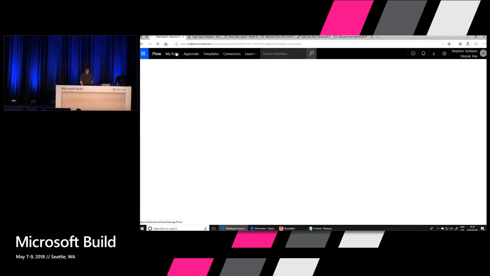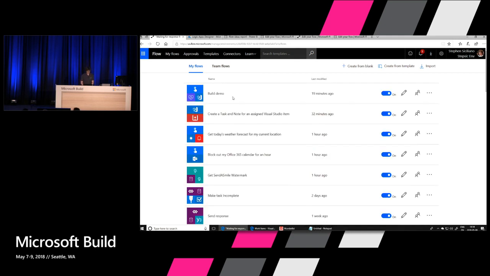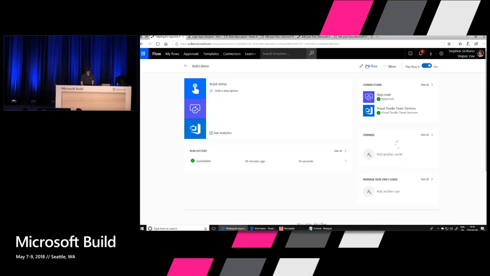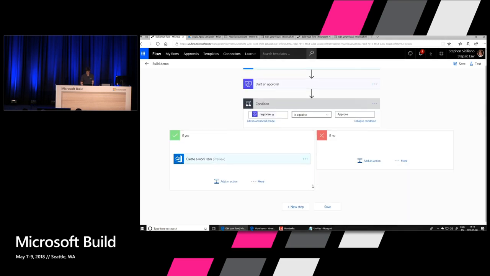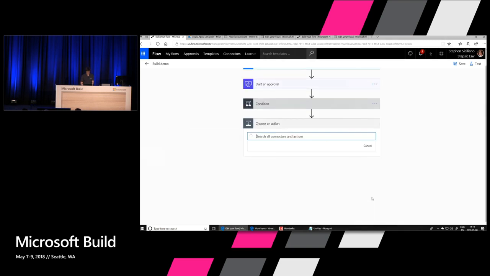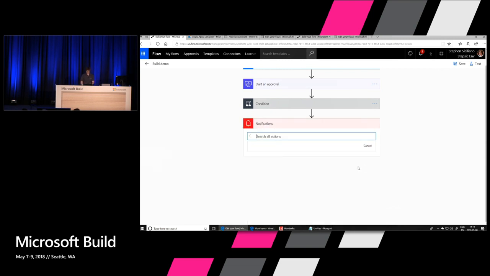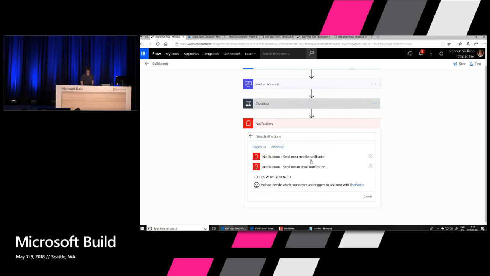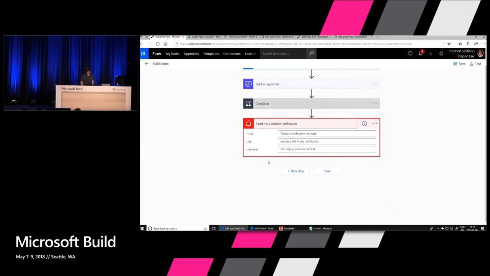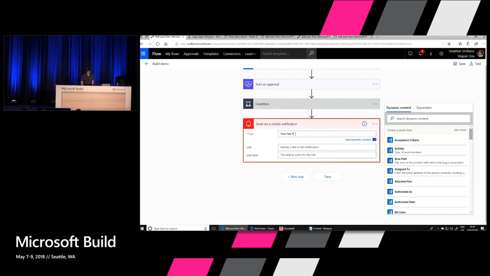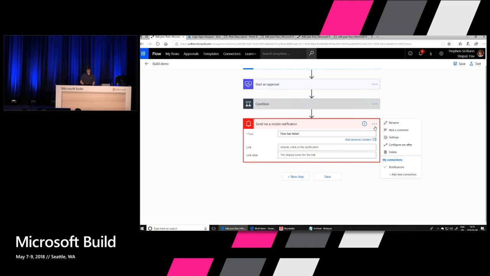And the other thing that I wanted to show inside that flow is how to do an error handling action. So I can show that at the end of the flow. So we'll come back and add a new step at the end. For this error handling action, I'm going to send a notification. I was going to send myself a notification saying, hey, the flow has failed. And when I do that, I can go up to this menu,